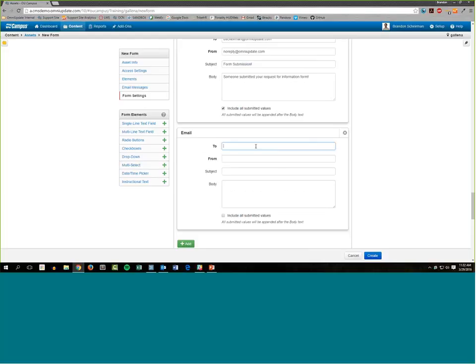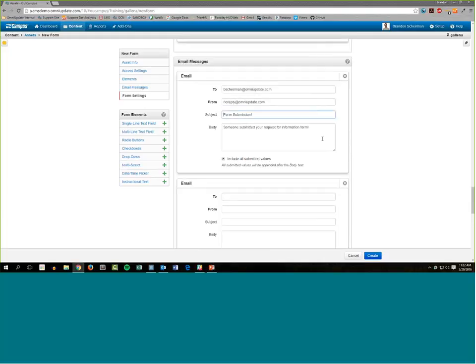Amy Hutchings has another question. She's asking, could you add the double curly brackets with the variable submitted form as a subject line? And I absolutely could. If I wanted to, I could change it to something like